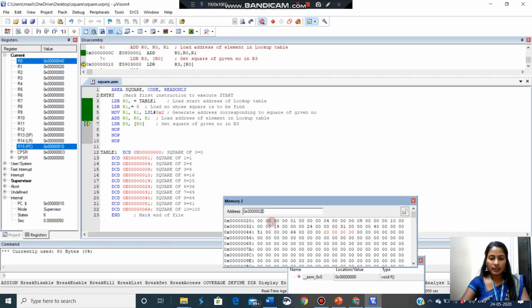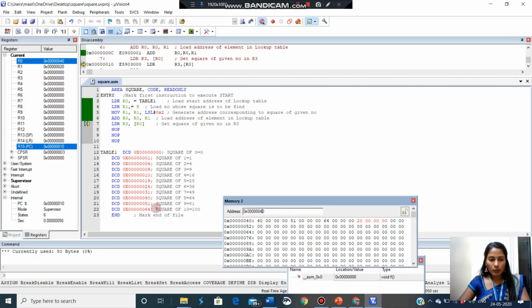So you can check here, instead of 20 I am putting 40. See, this is 40. We know that the square of 8 is 64 in decimal. The corresponding hexadecimal value is 40. So this is available at this memory location, 00000040. So in that memory location we can find 40.